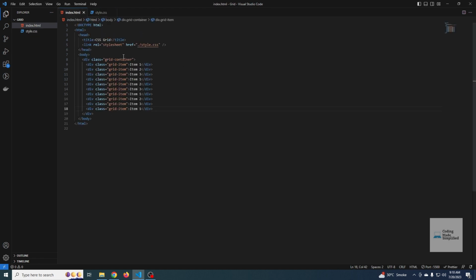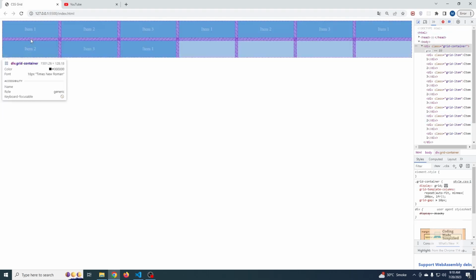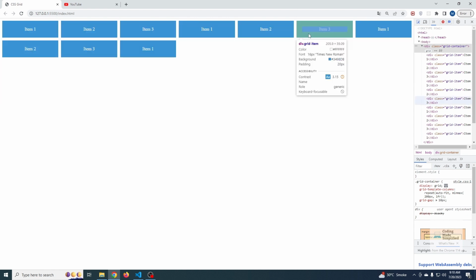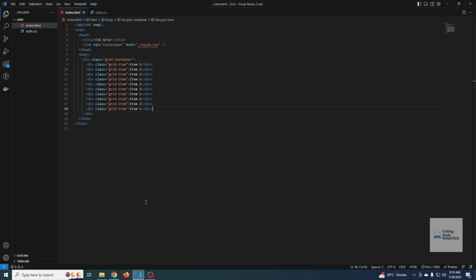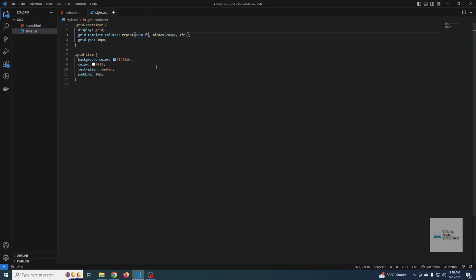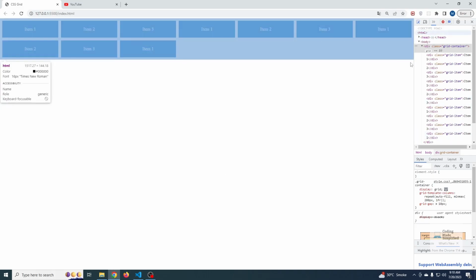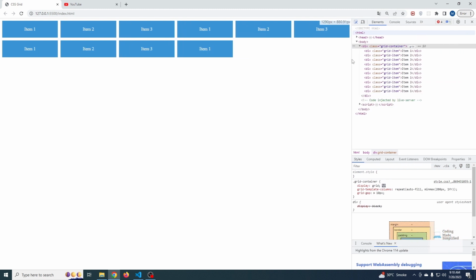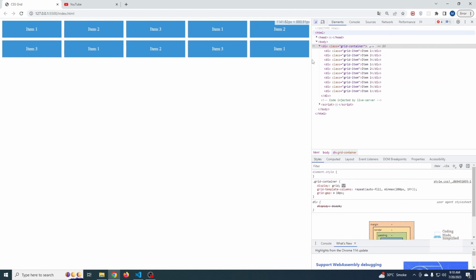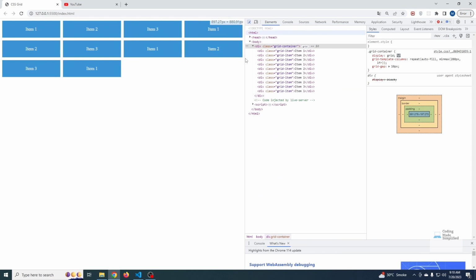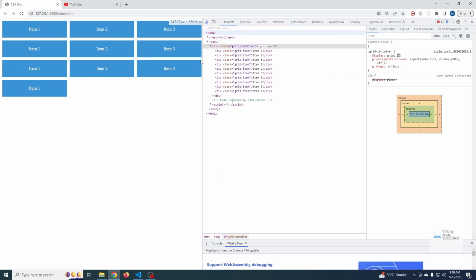And if I go to my index.html, there are a few items here in my HTML structure, and if we go to our web page, you can see that it tries to make as many columns as it can using that criteria, and each column will not be narrower than 200 pixels. If we now set that to auto-fill, it will look the same, and currently there is no change. And if we shrink this web page, it will be responsive. I haven't added any media query here, so in this case auto-fit and auto-fill function the same,